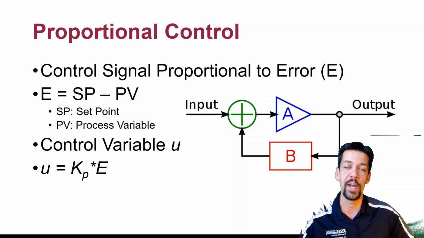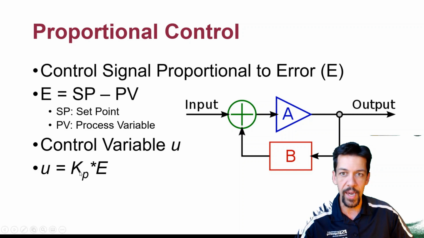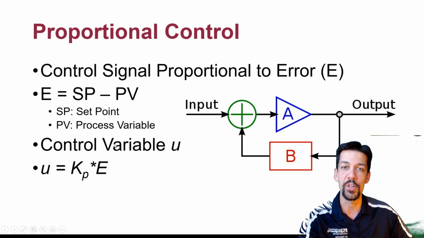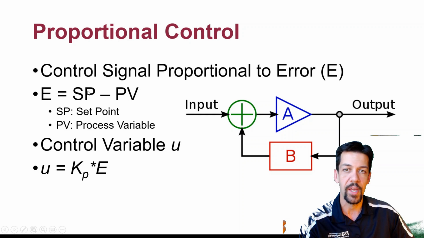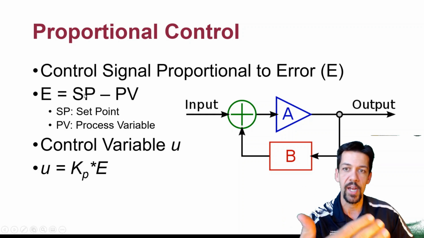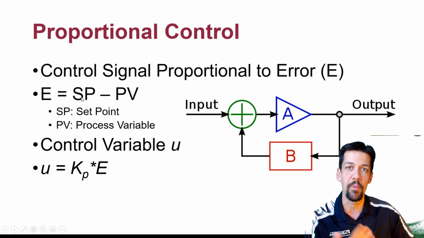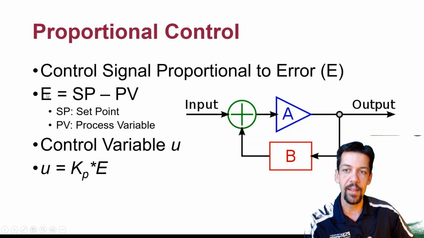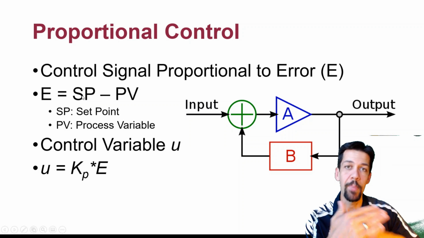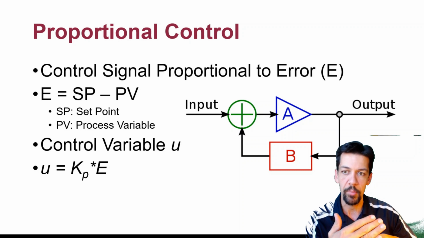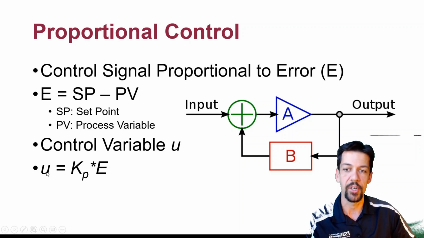This is very straightforward, right? This is basically saying, based on how far off I am, I want to increase my control variable if I have a positive error, and I want to decrease my control variable if I have a negative error. I've overshot if I have a negative error because my measured value is bigger than my target. I want to decrease the signal that I'm putting in. If I've undershot, I have a positive error because my target is above my measured variable, so I want to increase the control variable,